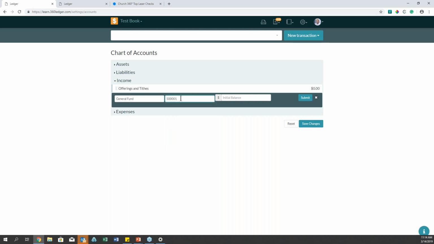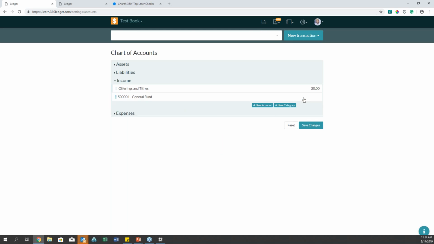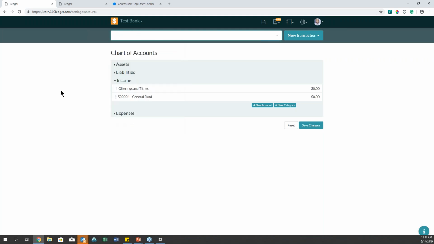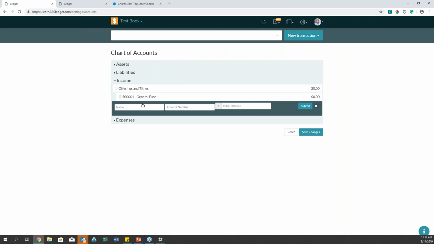You can enter the number here. The example I like to show is actually putting the account number as part of the name, so it could go before the name or after the name, and then that gives me the ability to search by name, or search by number. There's definitely times where people want to just type in the number and find the account, so including the number inside of the name will make that possible. Some people put it before the name, sometimes people put it after the name. So let's say general fund,